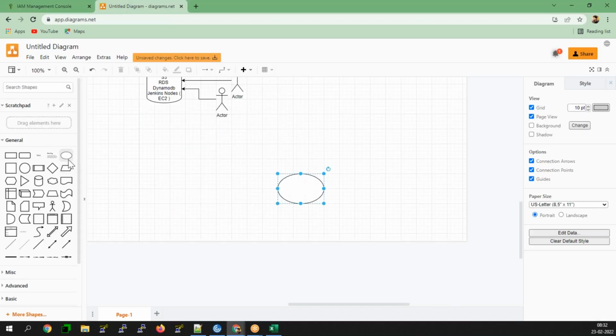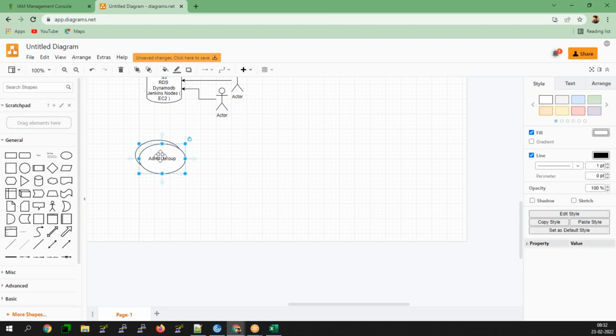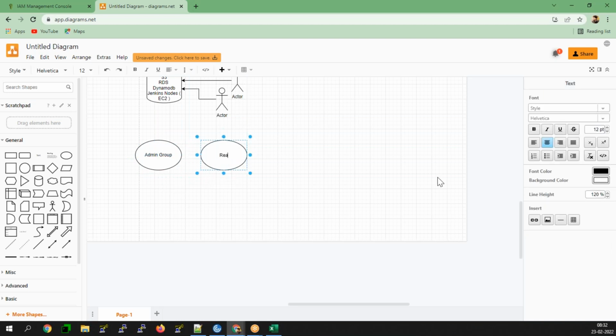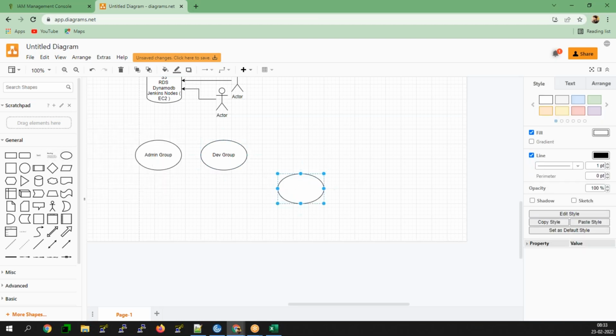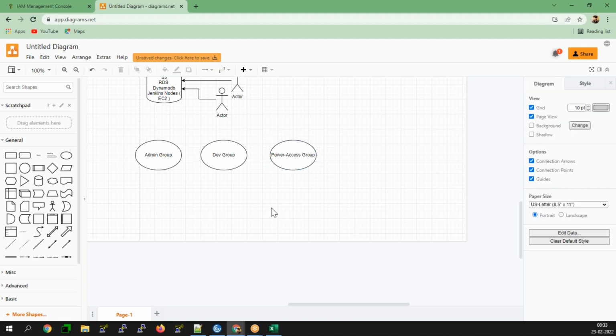What I'm trying to do here is create three groups. One is the admin group, second is the read-only group, which we call the development group, and third is the power user group, the power access group.